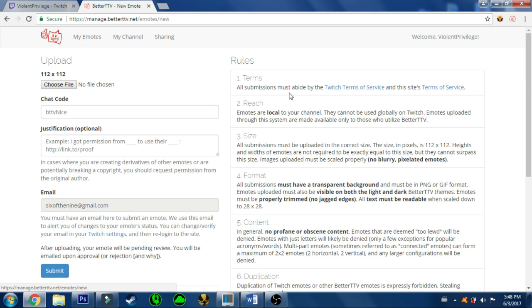Format is going to have to be able to have a transparent background visible on both the light and dark version themes of BetterTTV, and the emotes must be properly trimmed, no jagged edges, and it can't be pixelated or blurry. So even if it's scaled down to 28 by 28, you still have to be able to tell